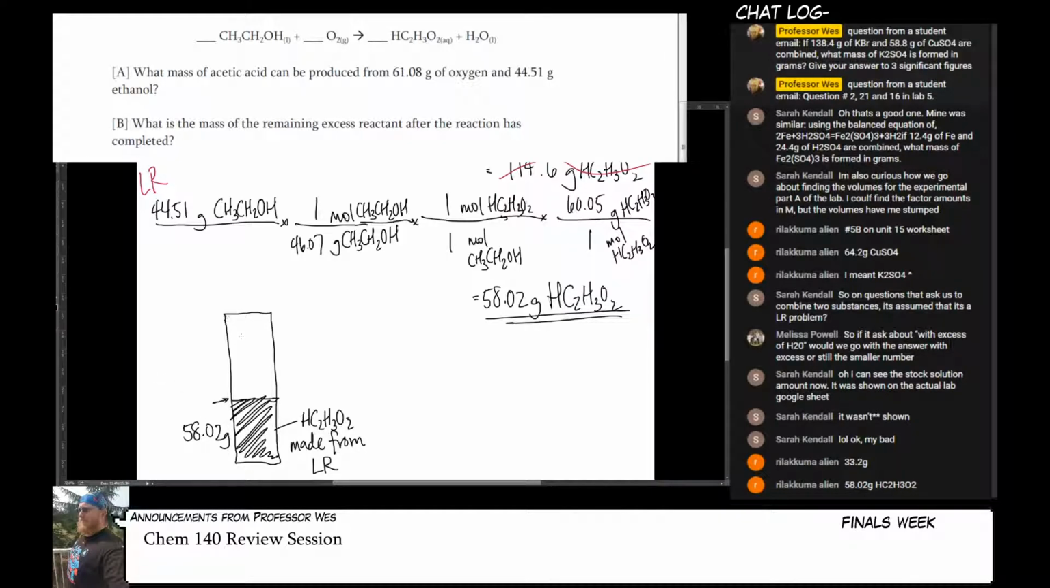Now, this number right here in pink, that's supposed to go around the edge of it. I'm just not drawing it super well. This is the vinegar made from the other reactant, which would be the oxygen. And so this number would be 114.6 grams. So what we actually want to find is the amount that would be made from just the excess reactant